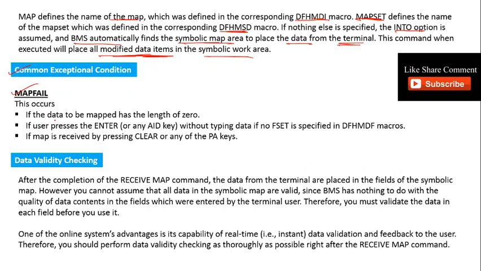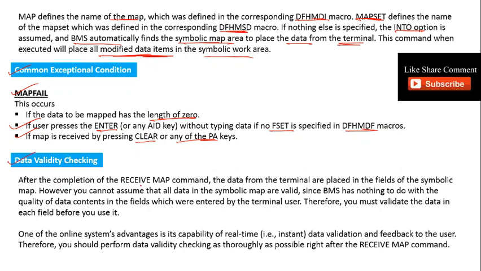This occurs if the data to be mapped has a length of 0, if the user presses Enter without typing data and no initial data is specified in the DFHMDF macro, or if the map is received by pressing Clear or any of the PA keys, meaning function keys.